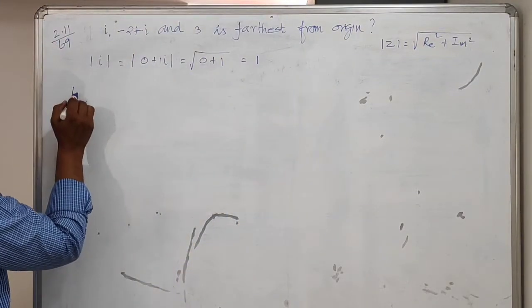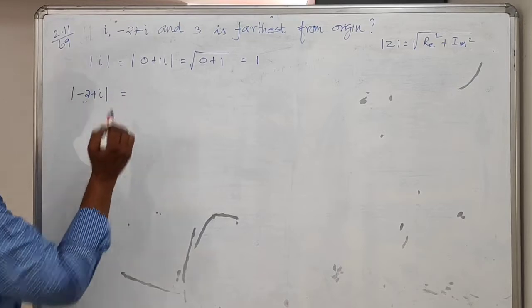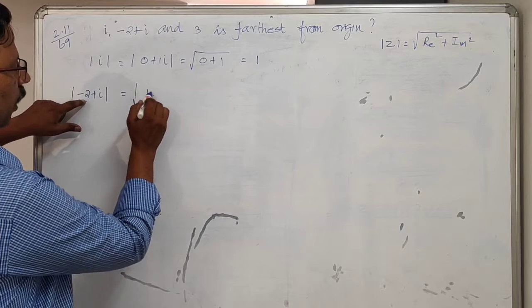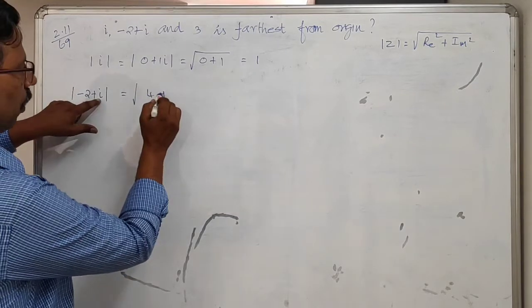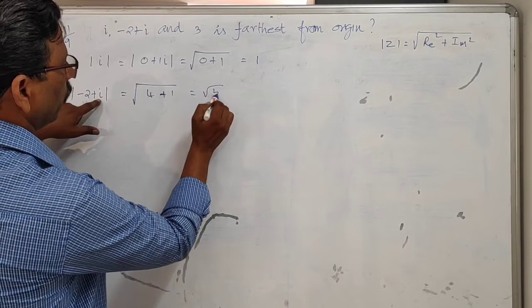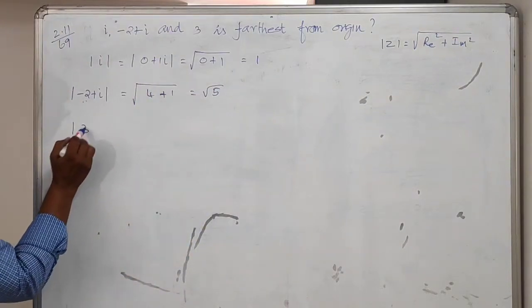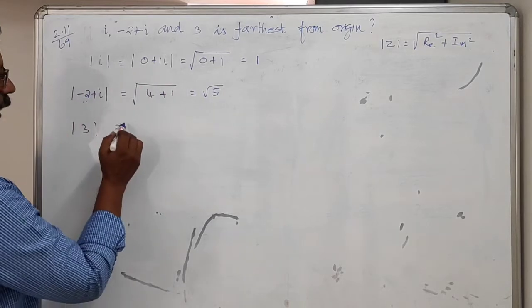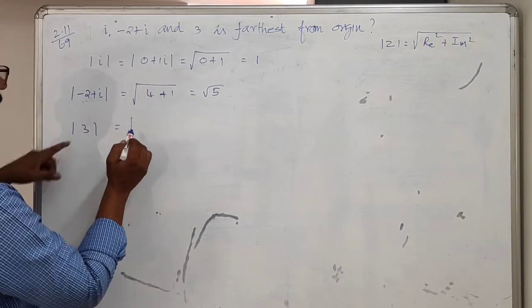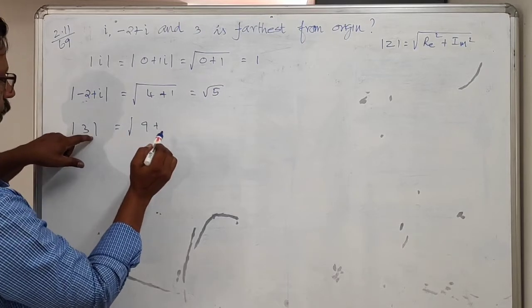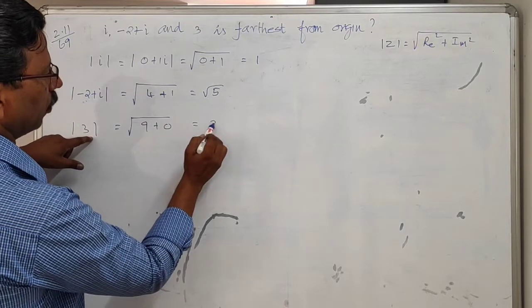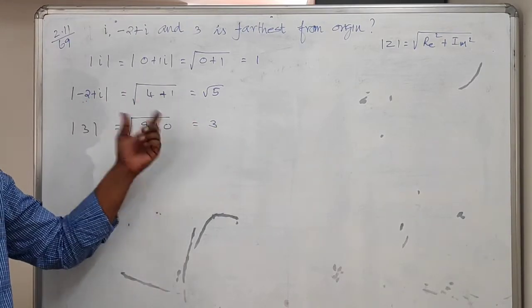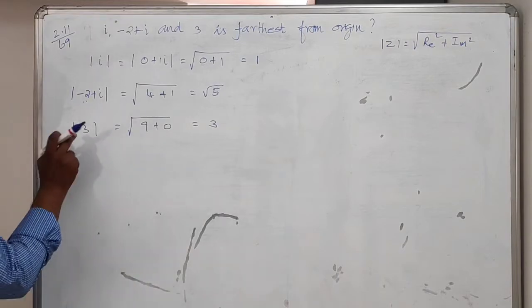Now after that modulus of minus 2 plus i. Modulus of minus 2 plus i means it is in the rectangular form. Therefore root of real part square means 2 square 4 plus imaginary part is 1i, 1 square means 1, which is equal to root 5, you can say. Now next one is modulus of 3. Modulus of 3 means this is only real part. The modulus also equal to 3 only we will be getting. Anyway, we can write this is of the form root of real part square, 3 square 9, plus there is no imaginary part, you can put 0. Therefore root 9 equal to 3. Therefore modulus of Z is equal to modulus of Z bar only if Z is real. Therefore modulus of 3 equal to 3.